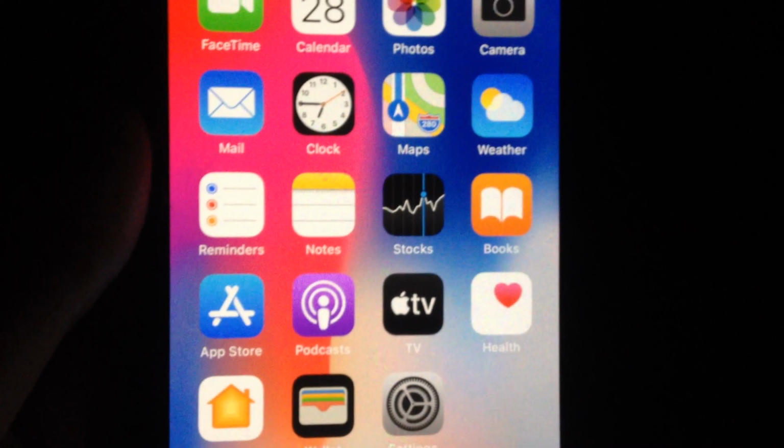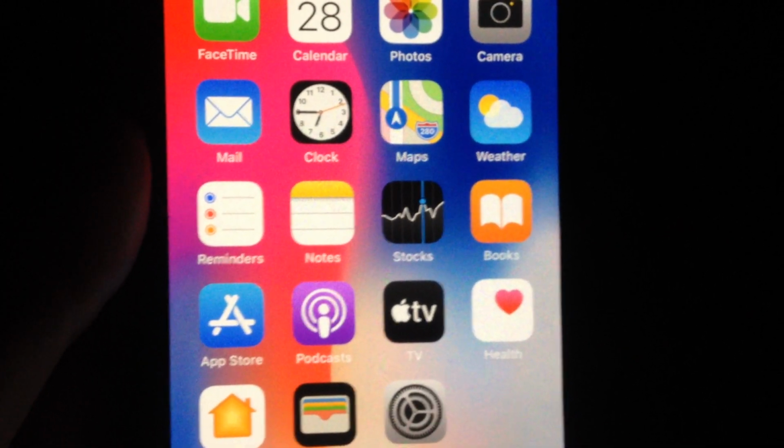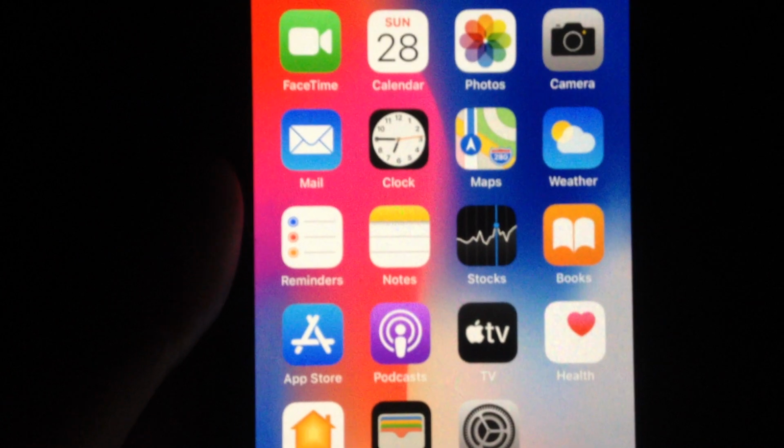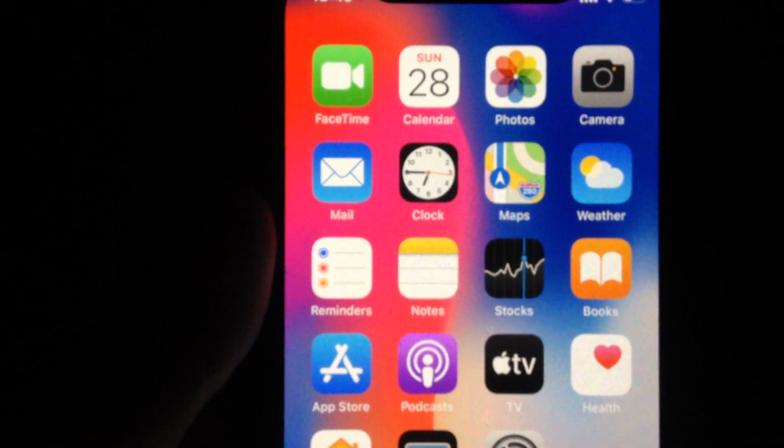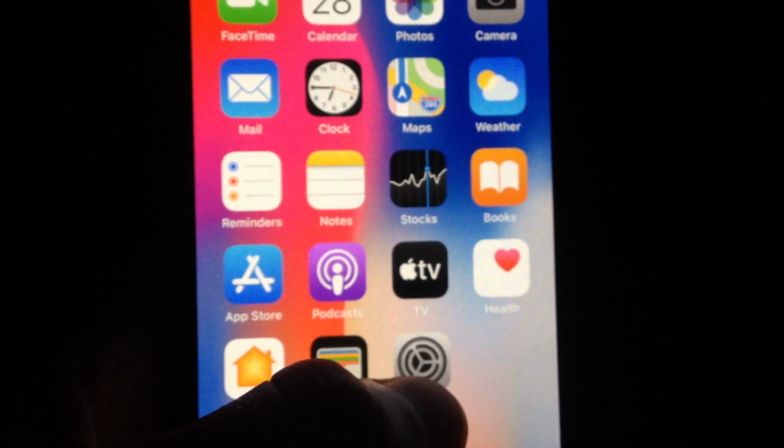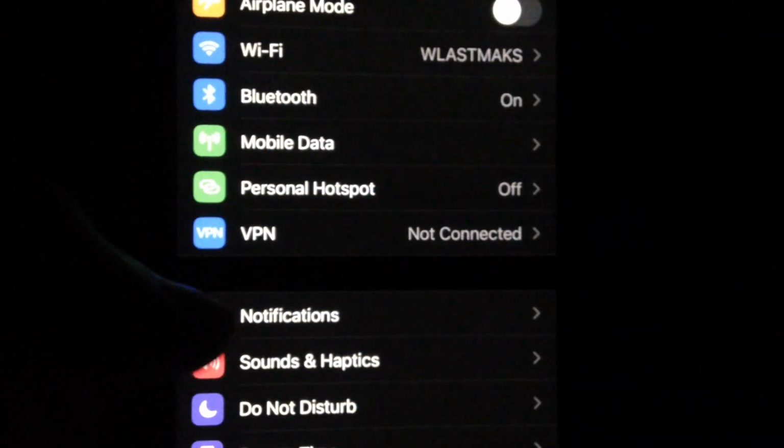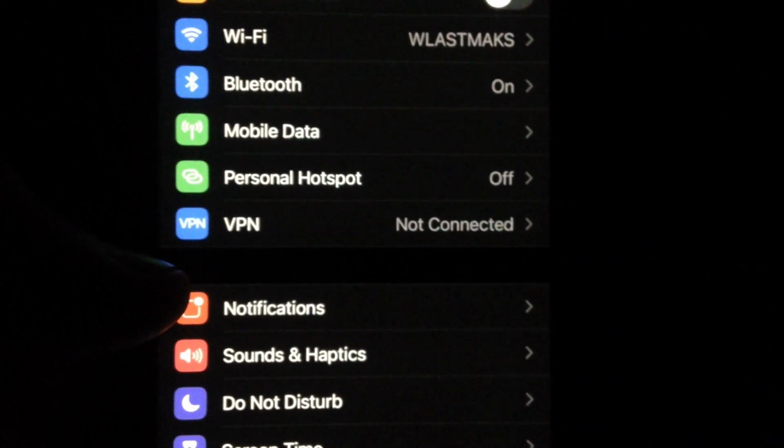Hello dear subscribers, today I will tell you how you can easily fix your error. If you have the error iPhone verification failed, how can you fix it? For fixing it, first thing, just open the settings, just find here